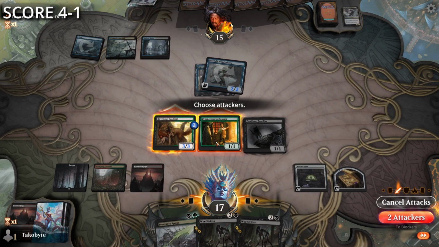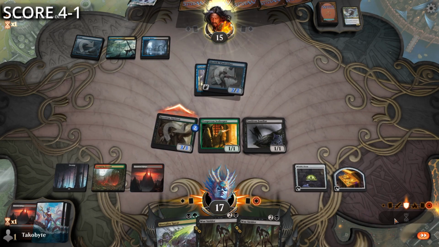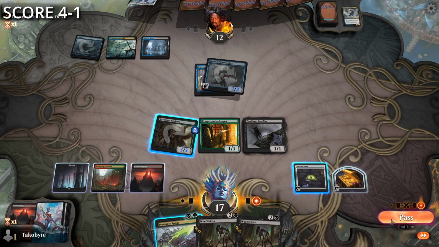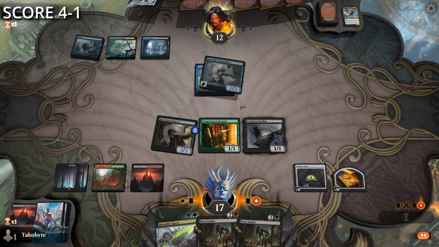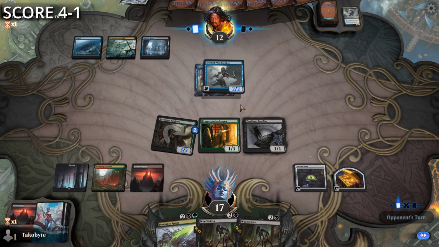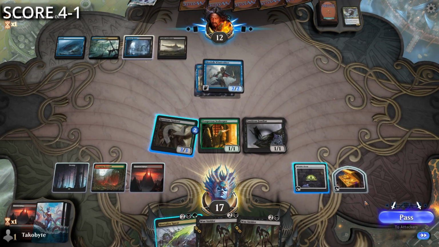Do I attack with Prosperous Innkeeper? Huh. I'm gonna hold off on this, because I really want to kill this Merciful Windrobber. So unless they tap out, I'm not gonna be firing this off. Also, they really need to answer this squirrel, so...